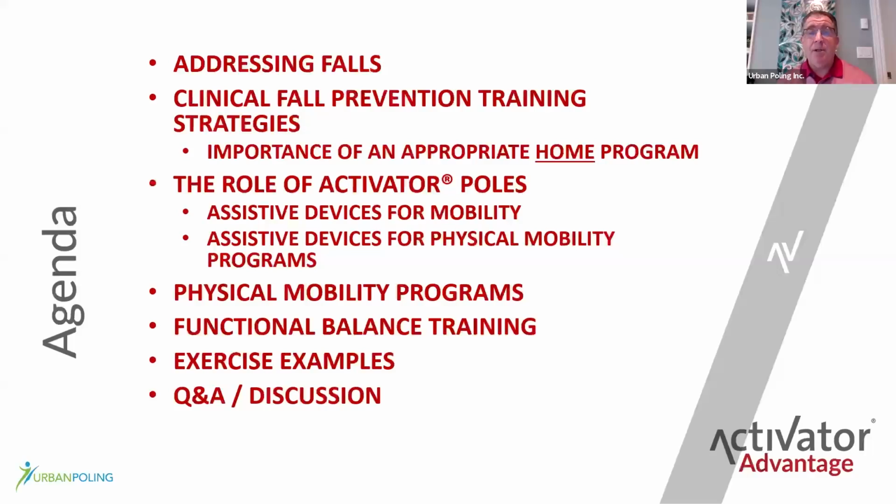It doesn't have to be sweating and on the treadmill, but that's a very important thing to be able to do. So I want you to understand that from now. And when you finish listening to what I speak about and you think about and reflect on where activated poles can fit in, understand it may not be in physical therapy, it may not be walking in the streets, it may not be at the gym,